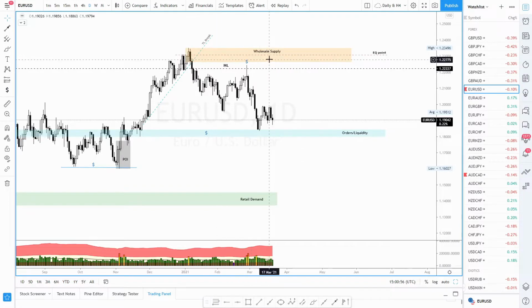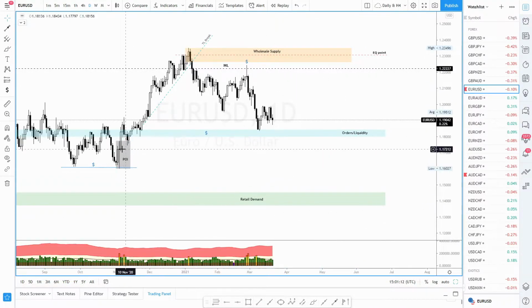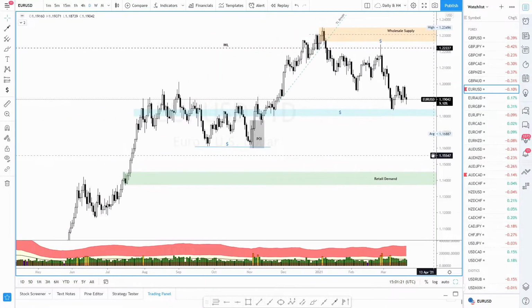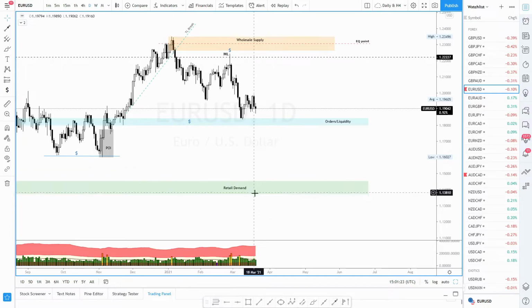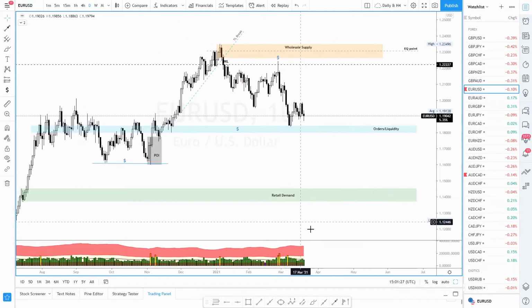We have a wholesale supply with a manipulation line and an equilibrium point right here. So we have quite a few confluences. Again, this may break, but overall I was looking for a sell-off. Okay, we have a point of interest right here. We have orders and liquidity. We have liquidity right here, so they may want to take that out. And then I'll probably have a look at this retail demand, which it may hold, it may not hold,